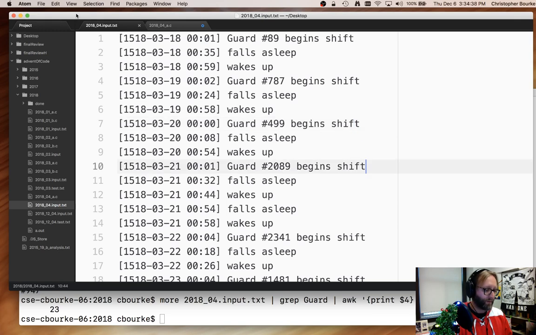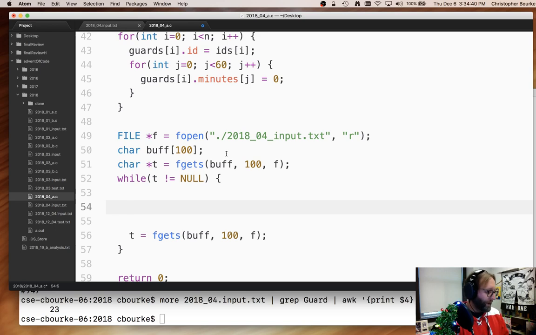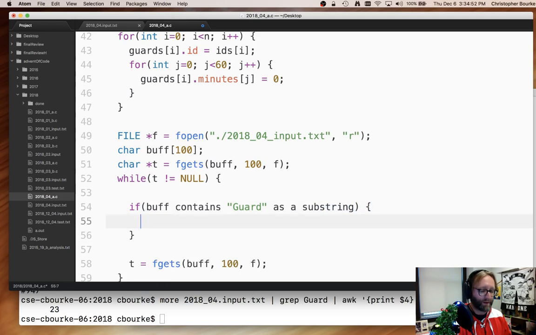Certainly under 100, so we're fine on that. So I'm going to put: if buff contains guard as a substring, then I'm going to want to start on a new guard. I'm going to go find that guard, and then for the next few strings,